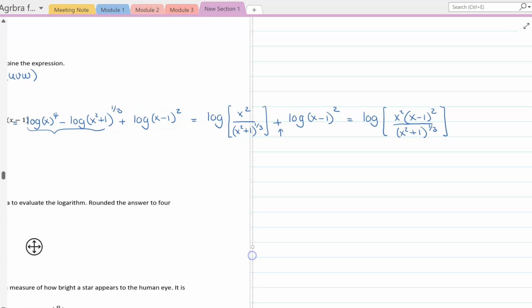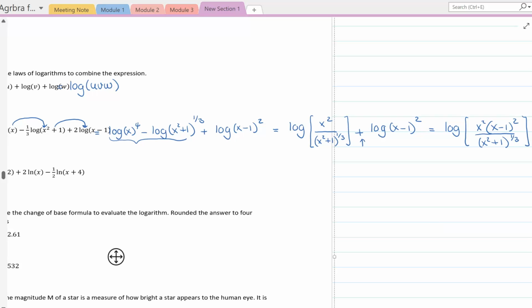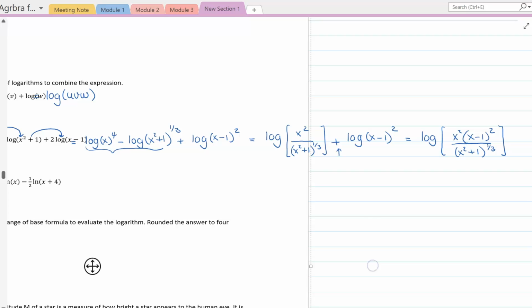So why do we want to know how to expand and construct this logarithmic expression? It is so that in the next section we'll learn how to solve this equation. So in order to know how to solve this, we need to expand it or to put it back together